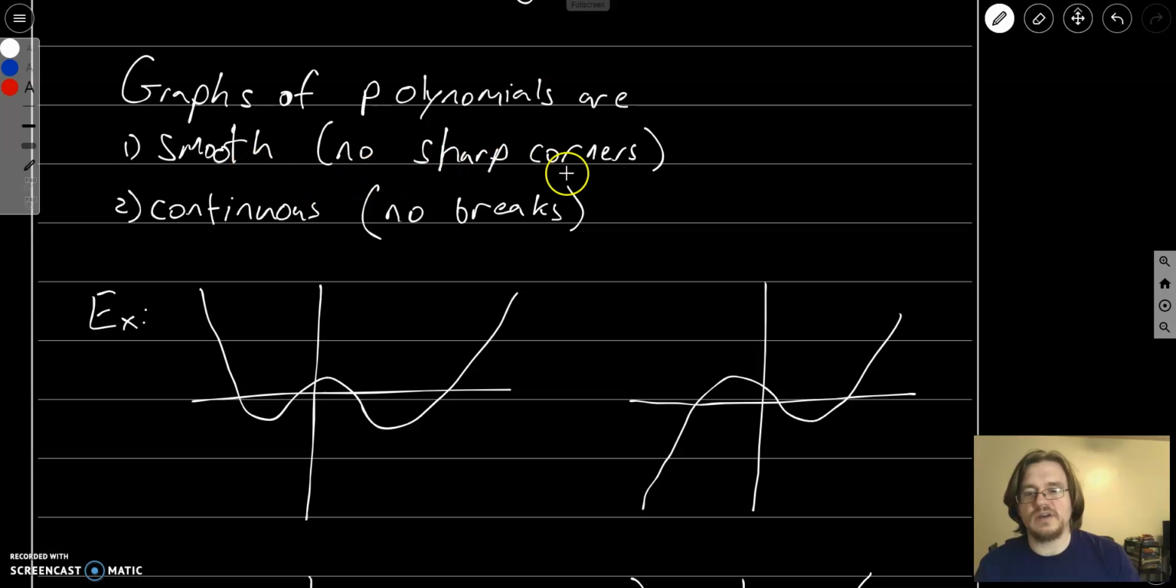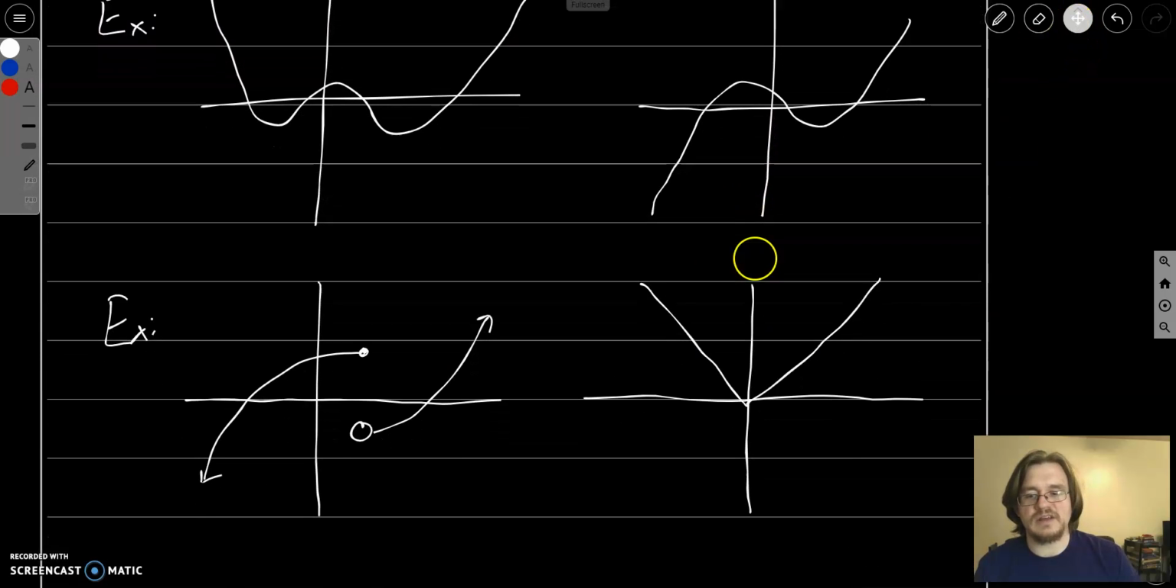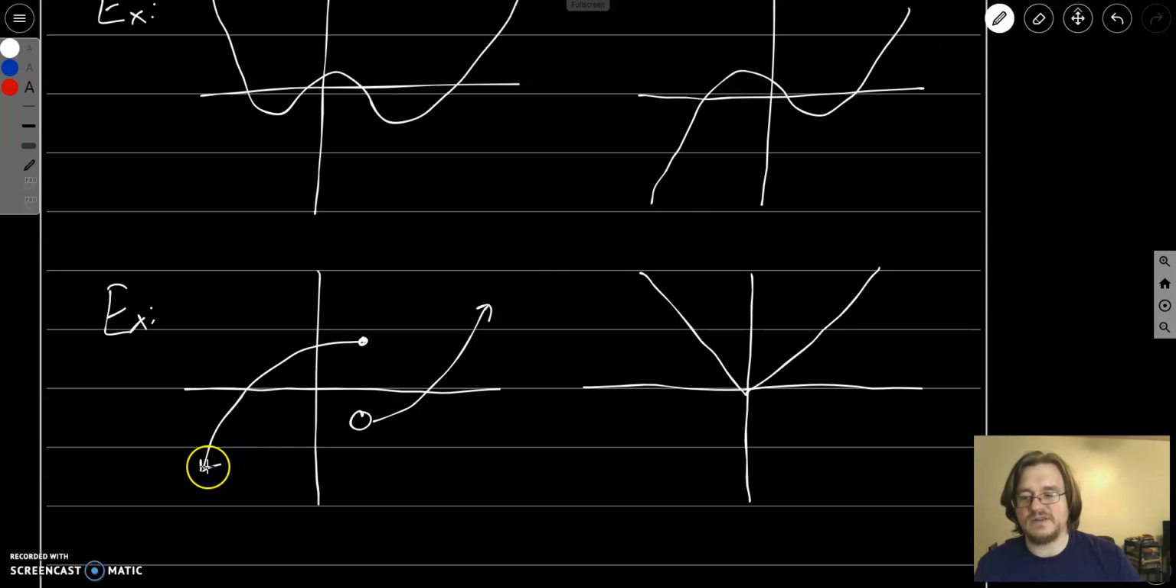There are never any sharp corners, and they're always continuous. So as you draw a polynomial, you should find that essentially your pencil should glide across the page. We're never going to lift up the pencil and move it somewhere else, and we're never going to make any sharp corners. So both of these are examples of polynomial functions,